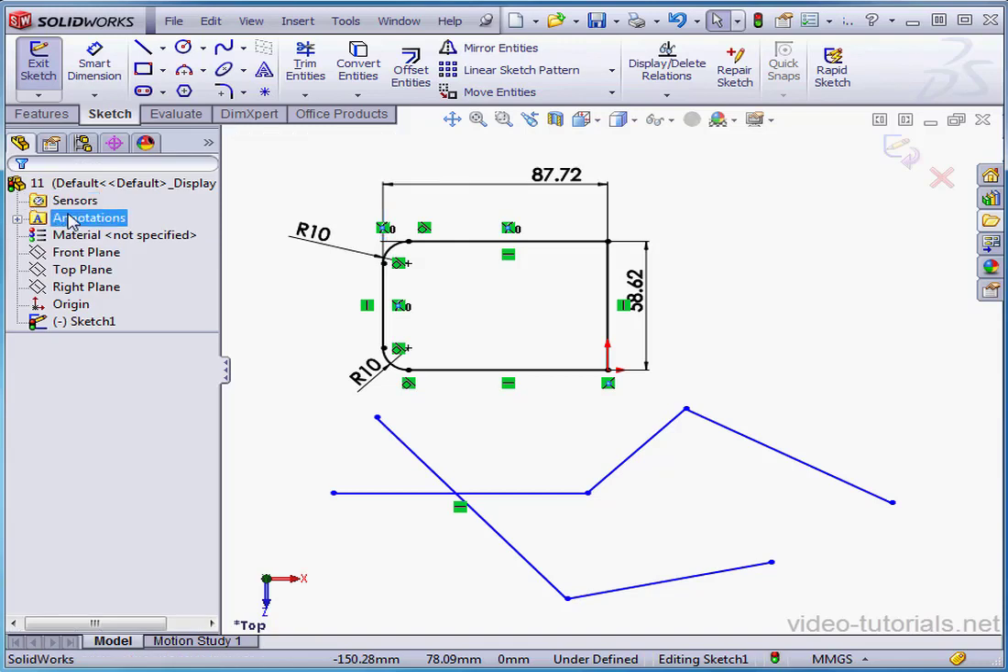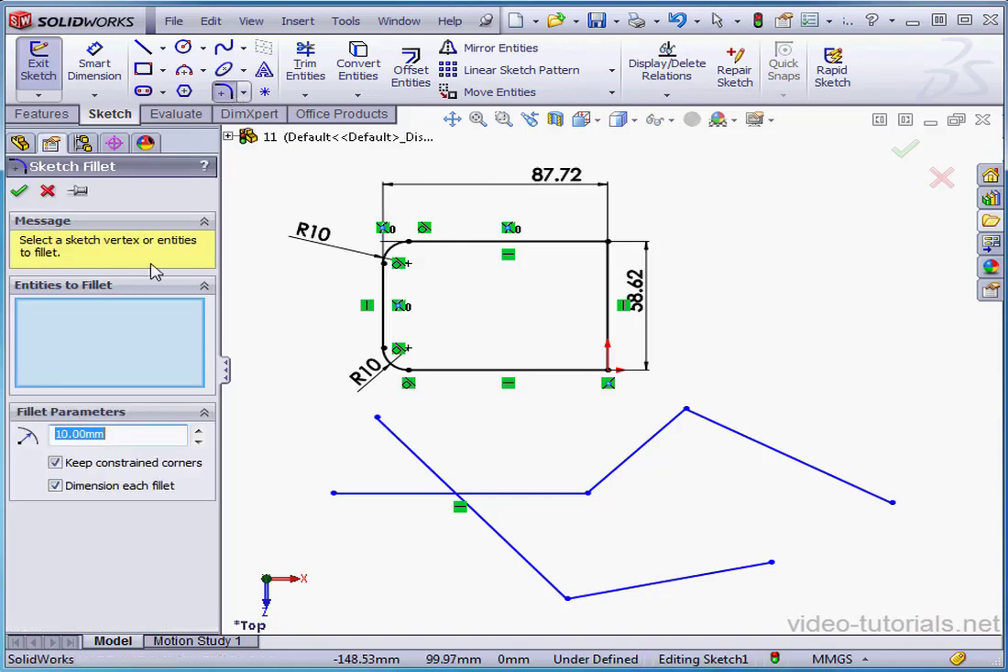Let's accept to exit the Dimension tool and activate the Sketch Fillet command again. I'm going to select this line this time, and this line. Notice that where you select the second line is where you're going to apply the fillet. Let's accept,